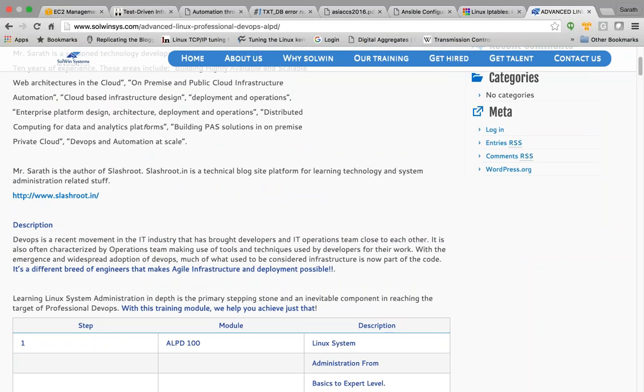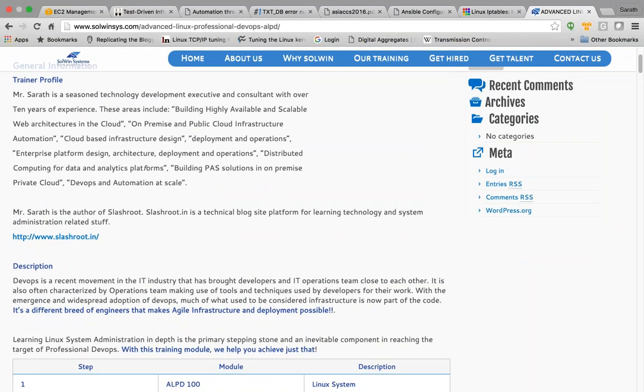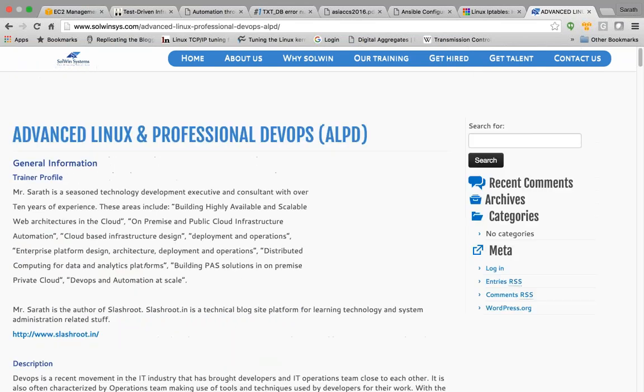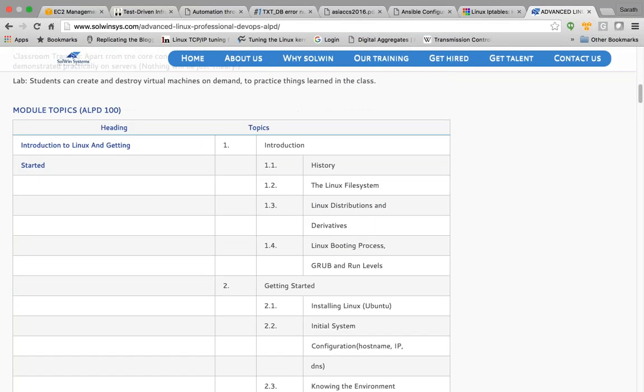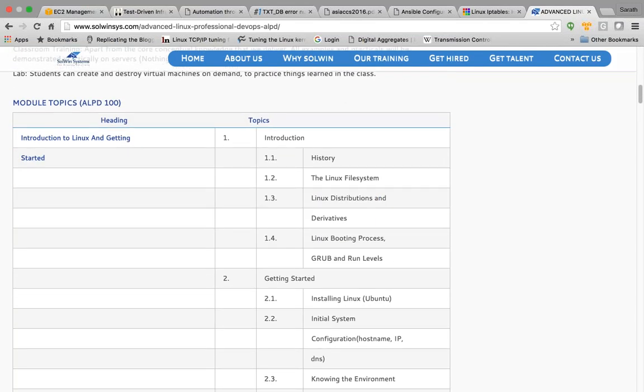Okay, so let me put it this way. Starting from today, during the span of the coming, I must say, the course is going to run for sure more than 60 days. So it will be pretty long. And if you have already gone through this link where I'm currently sitting, that is Solvensys Advanced Linux and Professional DevOps,